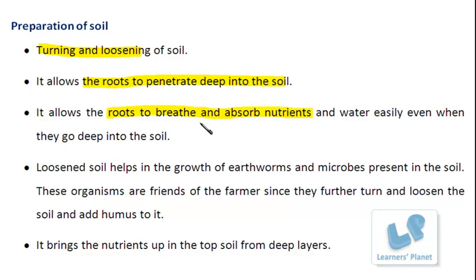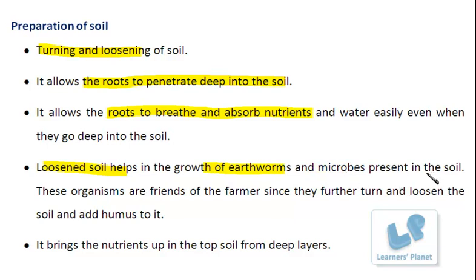Besides this, it requires the nutrients. So how are these nutrients utilized by the plants? It is by the absorption by the roots, right? Now the next thing is even the water is absorbed from the soil only. So if the soil is loosened, the absorption process becomes quite easy, and this is why the loosening is an essential step here. Further, loosened soil is also helping the growth of earthworms and the other microorganisms which are present